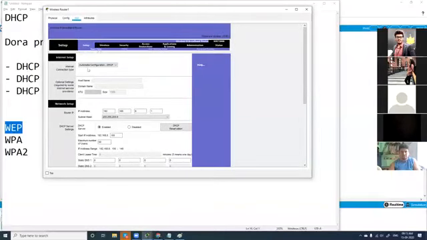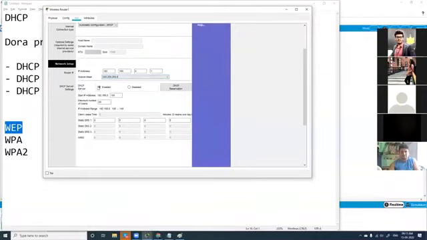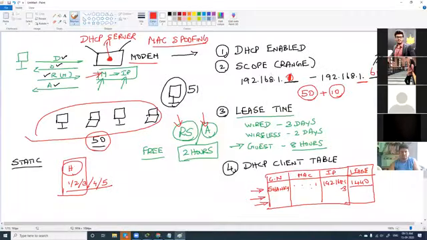Right? So you will have automatic configuration of DHCP, yes. And see here, the IP address is 0.1, yes, that we have seen. Subnet mask is this. DHCP server is enabled. This is the first option which I told you. Yes, whenever you go for DHCP, you have to make sure your DHCP is enabled, fine, which means the server is on. The DHCP server in your Wi-Fi is on.